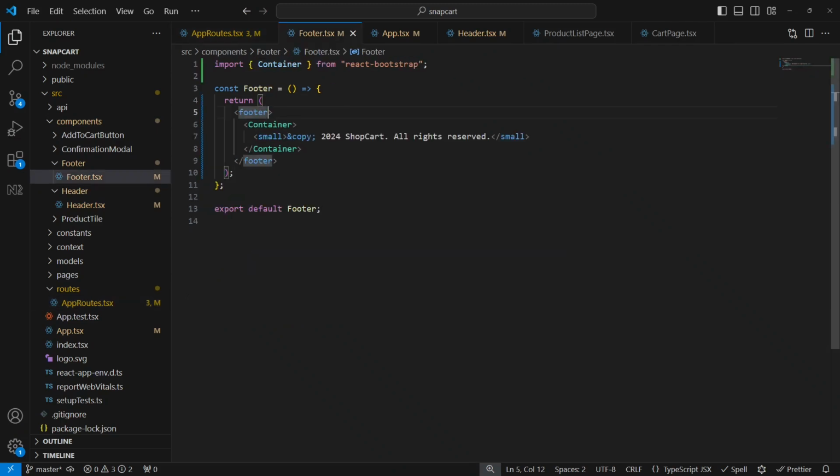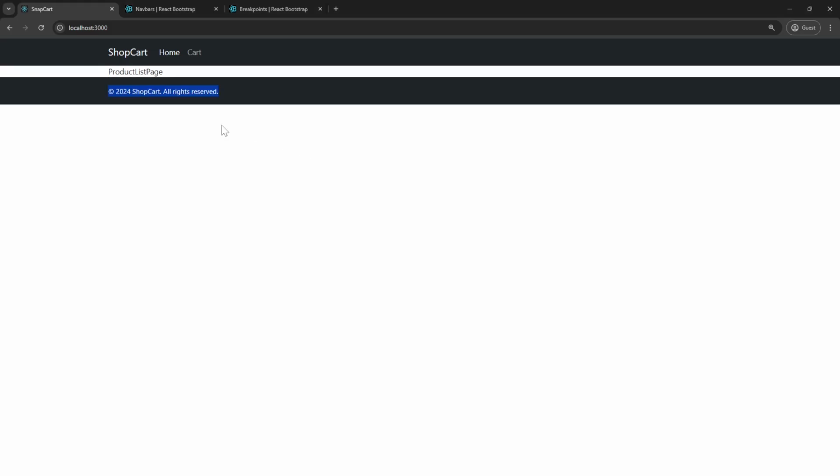First thing, let's fix the color. So at the footer, let's add a class name. What do we need? We need the background to be dark. So bg-dark. Then we want to have the text as white color. We want to have some padding at the top and bottom within the footer. So py-3 and margin top, let's set it to auto. This would be important when we try to align it to the bottom. And then you see,